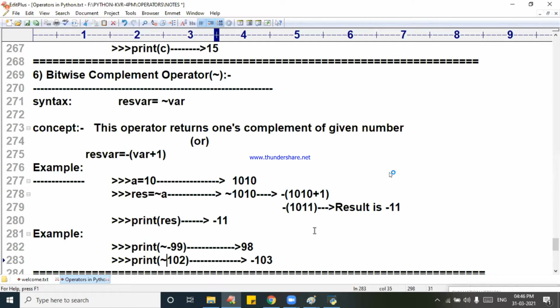Karan, understand. Complement of minus 99. What is the formula? Minus of minus 99 plus 1. Minus 99 plus 1 is minus 98. Minus 98, already minus is outside. Minus times minus, what is that? 98. 98 complement is what? 98 complement is 99 coming. Like that you can check the answer. Cross checking the answer is important.